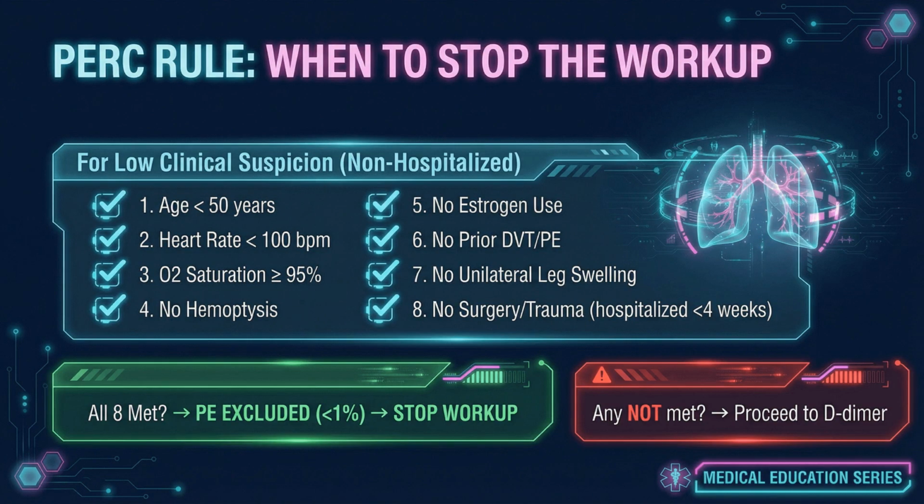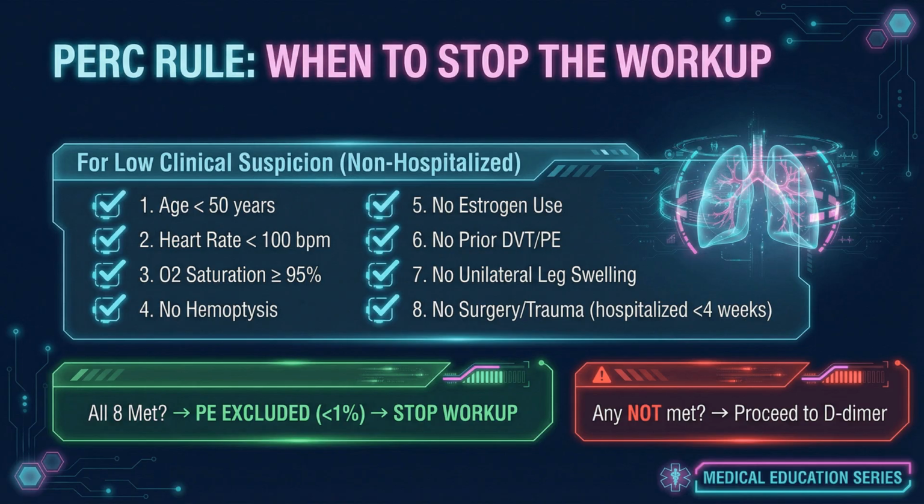Now, let's discuss the PERC Rule, which stands for Pulmonary Embolism Rule-Out Criteria. This is a valuable clinical tool to help us decide when we can safely stop further testing for pulmonary embolism, especially in patients who have a low clinical suspicion and are not hospitalized. The PERC rule includes 8 criteria. If a patient meets all of these, their risk of PE is so low, less than 1%, that we can confidently exclude the